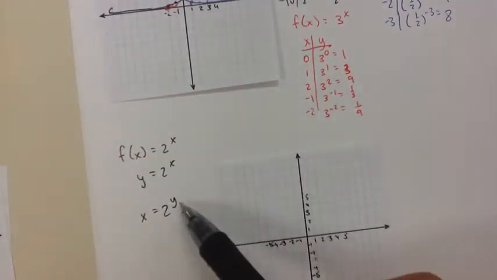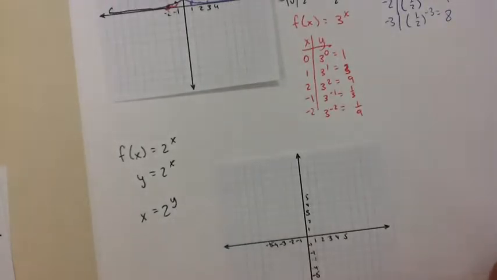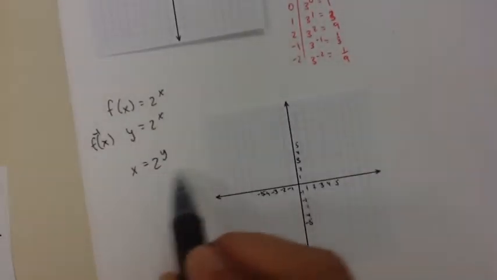Well, if I was going to solve for y, I would have to take the y root of x, and that's some math that we haven't really gotten to yet. We're going to get to it soon. But instead of solving for y and finding what the inverse function of x is, why don't we just graph this the way it is? If x equals 2 to the y,